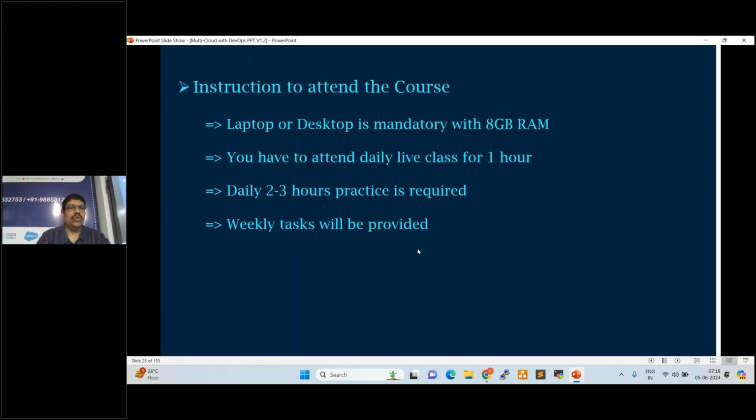Our course starts from the very scratch level, so even non-IT people and freshers can easily understand. What is a server, what is a network, what is a switch, what is a router, what is a load balancer. Our course starts at a very basic level. After that, slowly we'll enter into the AWS platform. Once AWS is completed, we'll jump into DevOps. Once the DevOps tools are completed, we'll jump into Azure and Google Cloud.